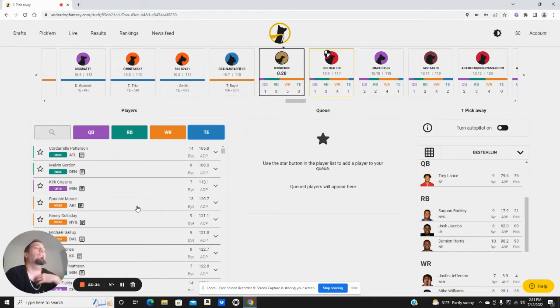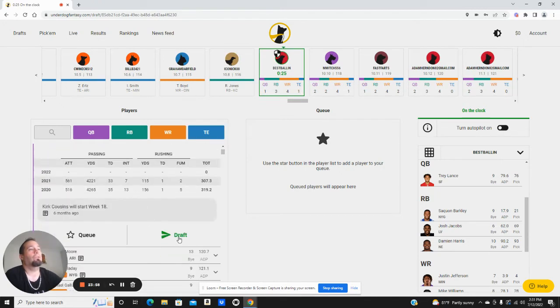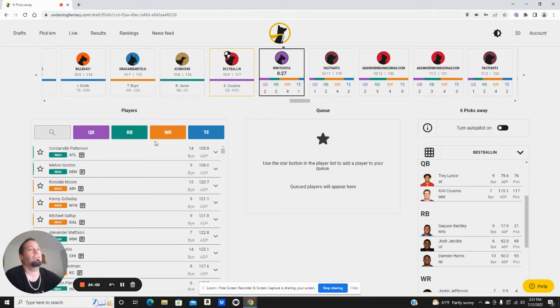Normally I don't take a second quarterback quite this high, but with us having Justin Jefferson, that makes me want to do it. Obviously, he still could go before we pick. Definitely going to have to pick a wide receiver with our next pick if we take Kirk Cousins here. There goes Rojo. Take Cousins.